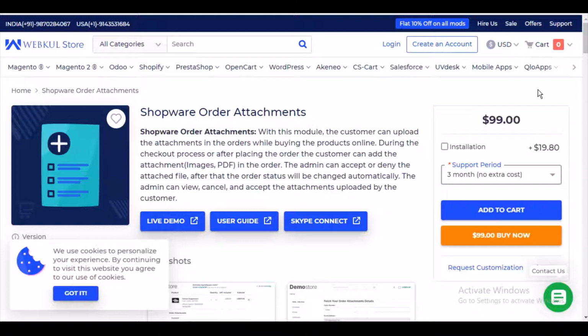And this module will also provide the multiple file formats or the extensions that are supported by the module. So the admin would be able to fill in the details, like whether he wants to allow PDF, doc, JPG, PNG, or PDF. So whatever the file types are allowed, and whatever the multiple file upload is applicable with a single order, that is completely configurable from the admin end.